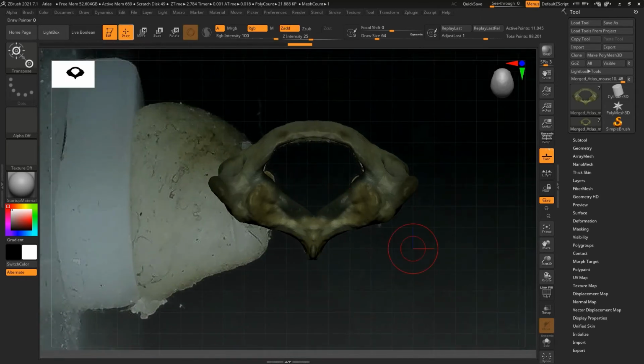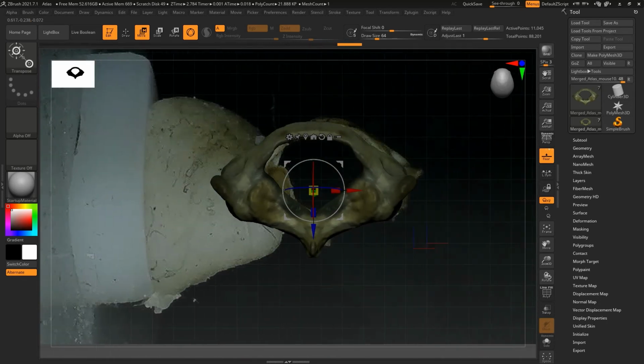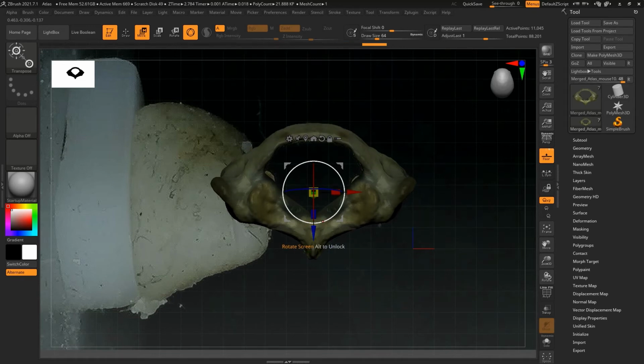Move, scale, okay. So this basically is the orientation, and as you noticed, you see here the background showing because this model is too narrow, and